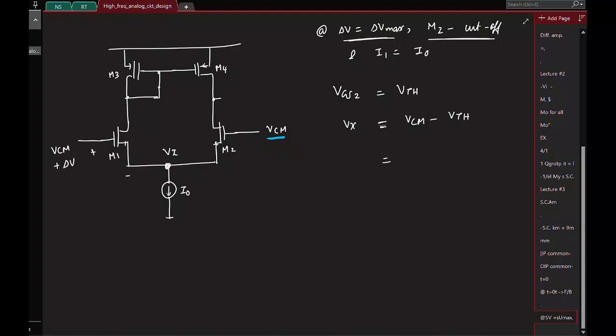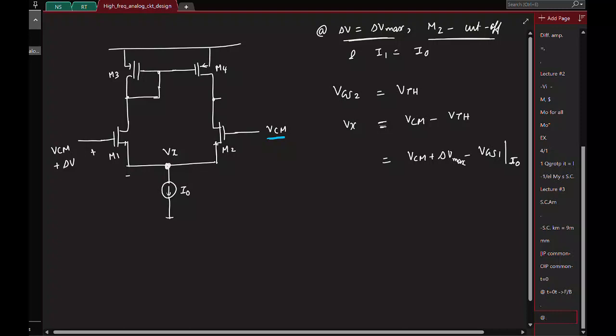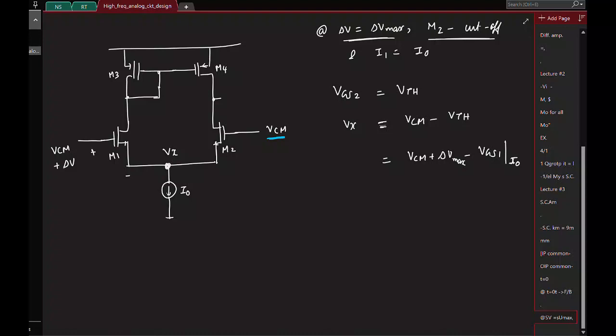So Vx is also the gate voltage of M1 minus the VGS of M1 at a current of I naught. Is that fine? And this delta V is basically delta V max, right? Because at this voltage, this happens. So from these two, can you tell me what is delta V max? I mean, this is also equal to Vx, right? We equate both of them and then VGS1 at I naught